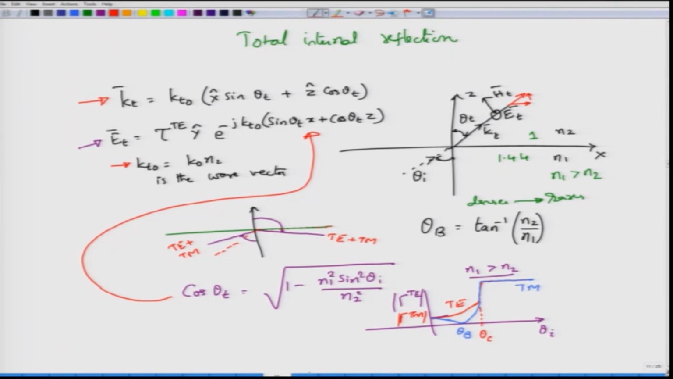I am going to do that in this next slide, and what I have will be the transmitted electric field directed along the y axis, tau T e y hat e power minus j k 0 n 2 sin theta t x, and I am going to just split the exponential function. So, I will have e power minus j k 0 n 2 square root of 1 minus n 1 square sin square theta I divided by n2 square times z. So, please remember that we have a situation that n1 is actually greater than n2,